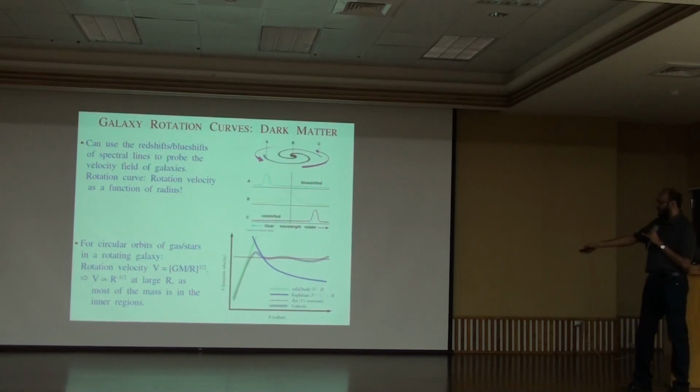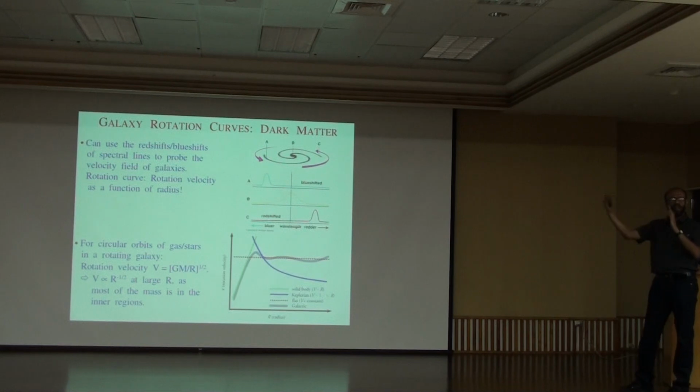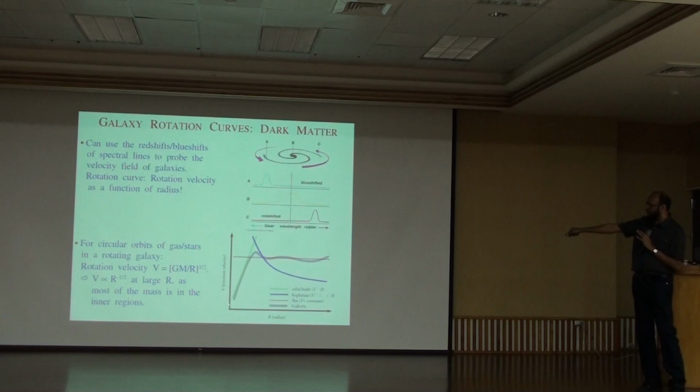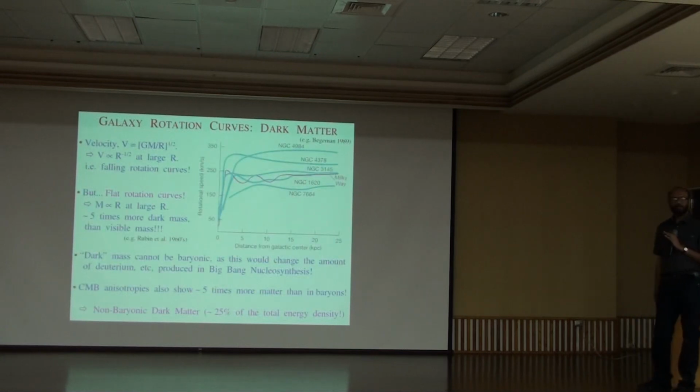So you expect that at large radius, the rotation curve should fall like 1 upon square root of r, this equation basically. Because most of the mass is inside. You're not adding any more mass. That's the idea. So now I can go and measure this. I should get a rise over here and then a fall. Very simple. If this model is right, then all the mass is in the inside regions. And when you go and measure this, amazingly,